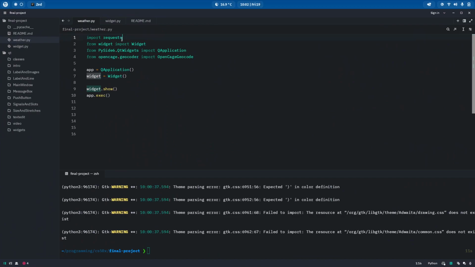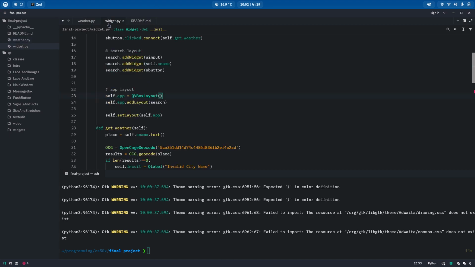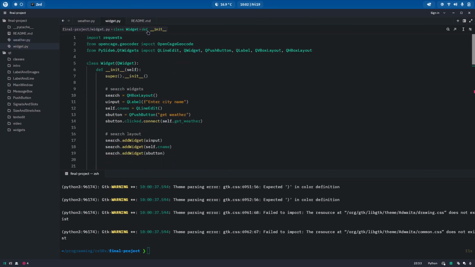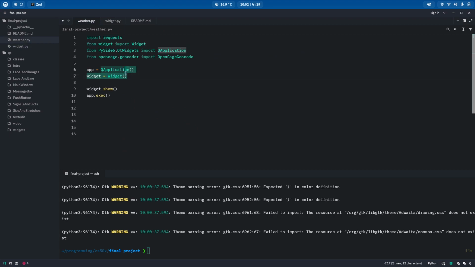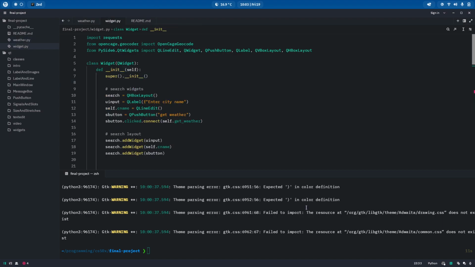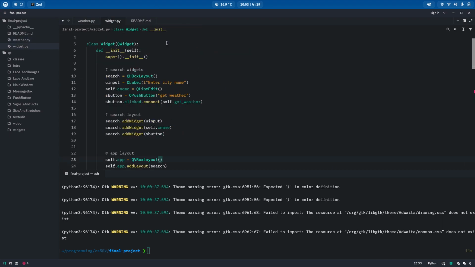It's importing the requests library and the widget class from this main file which I have created. Here the widget is being inherited. Now I have used PySide6 to create this app and OpenGeocode to get latitude and longitude of the city name. Now inside the main widget class, I have created a layout named search, which will have the following widgets: a label, enter city name, a search bar, and a button to get weather,